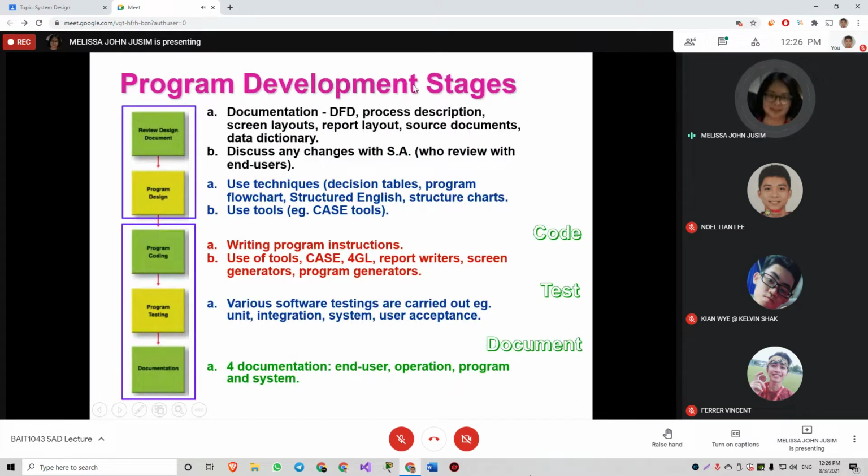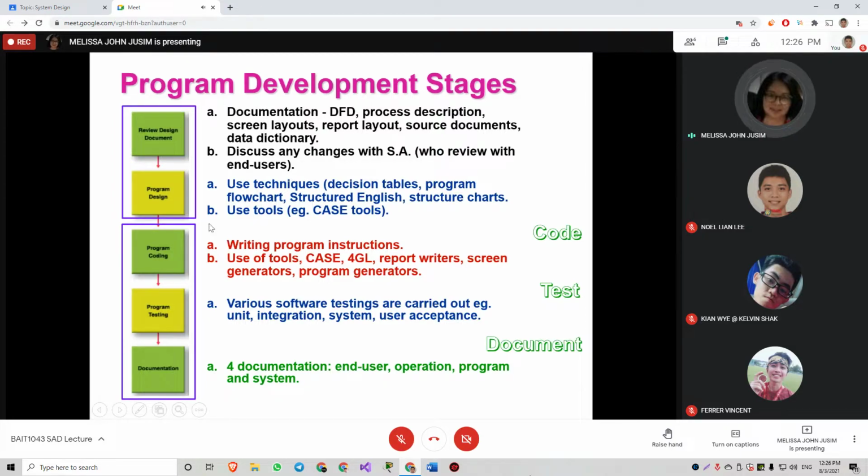If you take a look at the program development stages here, this is in much more detail. I believe you still can recall that on Saturday, Mr. Bob did mention the program development life cycle, right? What we have in this slide refers to our SDLC.